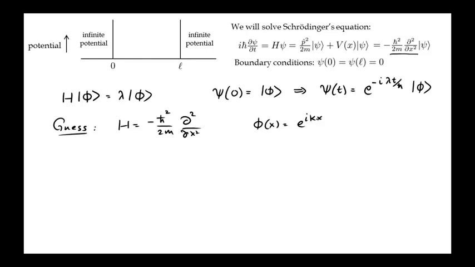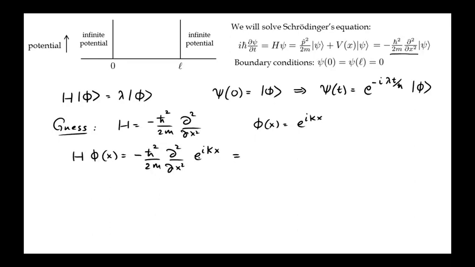Okay, so now if we apply H to phi of x, it's minus h bar squared over 2m d squared by dx squared of e to the i kx,